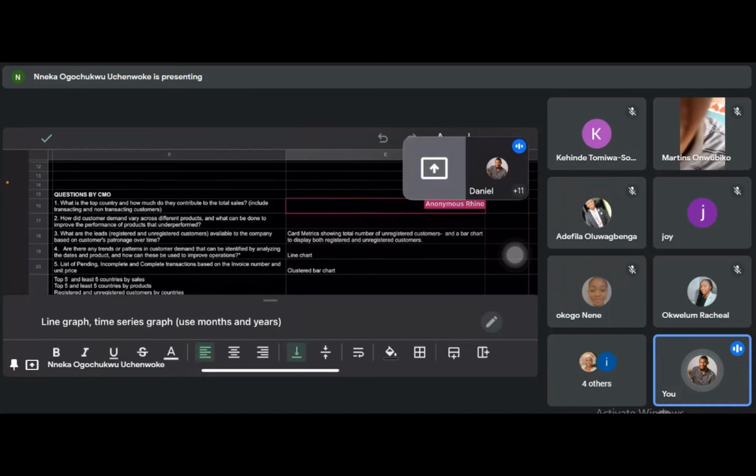So stock code is like the identification number for a product. Then you might want to use the count of stock code for customer ID, right? Also for products, and your play axis should then be the number of years. Okay, so you might still want to go ahead and do more data cleaning, right? Even after deciding the visuals, like what I said on Monday, there's still a need for data cleaning because it tells you that, for me to arrive at this end goal, I need to tweak my data a little bit.